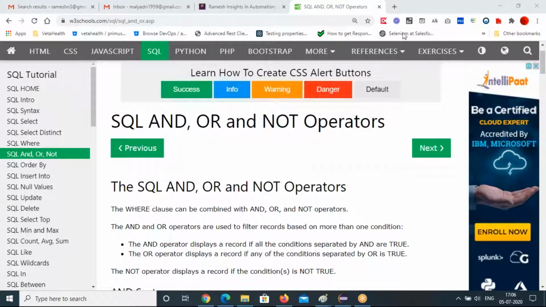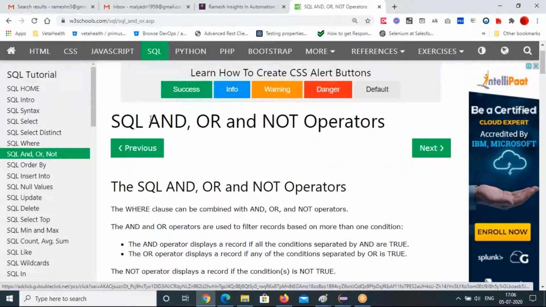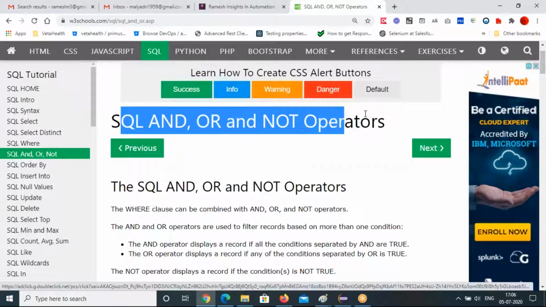Let's see. So the next topic is, before going to these AND, OR, NOT operators, you should have some idea of the WHERE clause. The WHERE clause is mainly used for filtering purposes, right? So you want to filter on what basis? You want both conditions to be true, or any one true, or not.